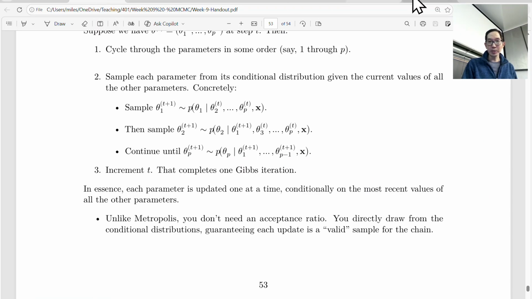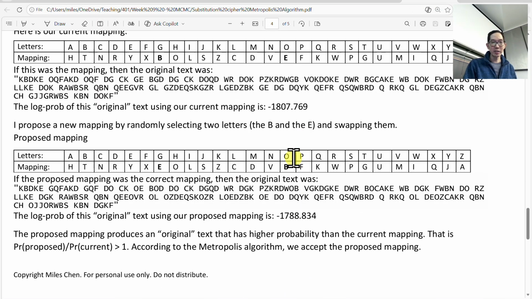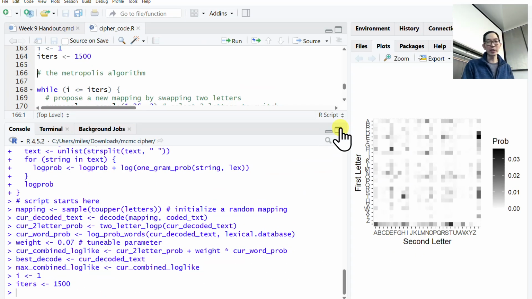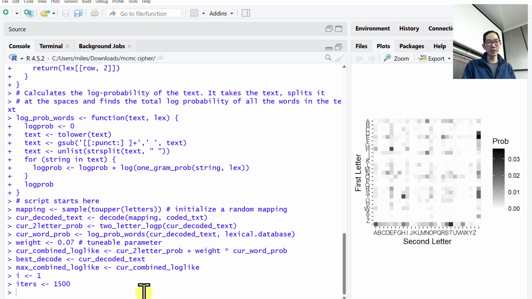potential translation, okay? But then it's going to say, all right, what if I propose a swap, and if it's a little bit better, like if we go from BGD to BOD, we say, okay, BOD seems more likely than BGD as a combination of letters as far as English goes. We will take it. And so we just incrementally improve, right? Rather than just trying to propose something totally random, and then just hoping we happen to hit it,